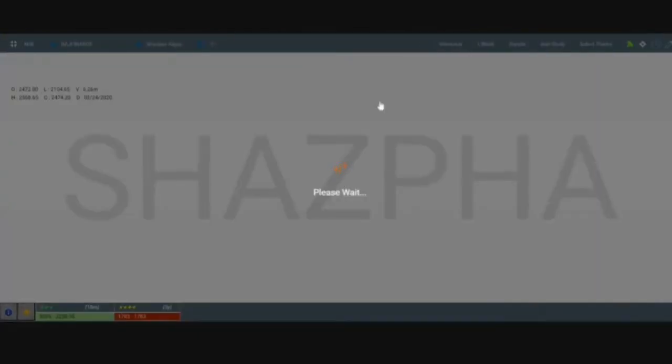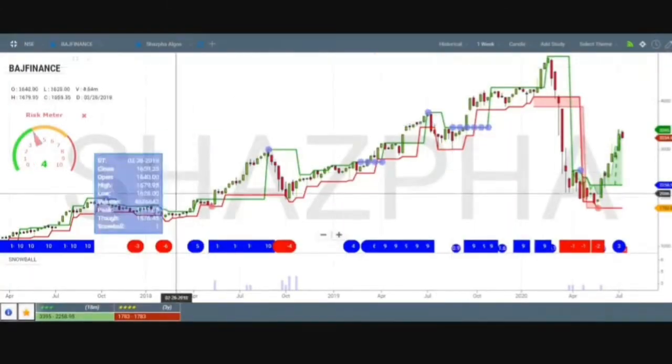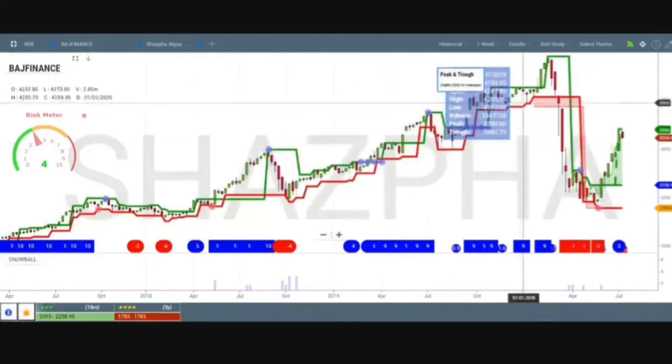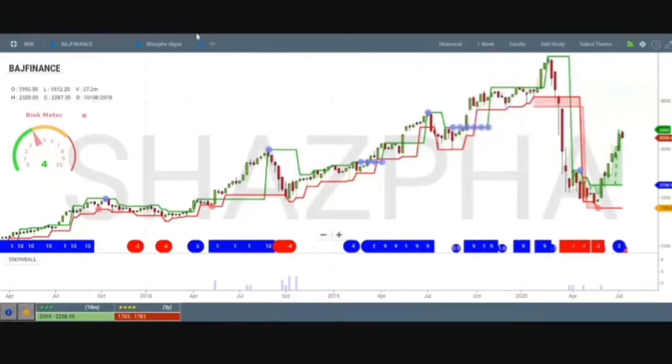So if you see, when we open for the short term, by default it opened the chart in a 1-day time frame, and when we open for the long term, by default it opened a 1-week chart. Now if you look at the chart, it looks a very good chart, right? Because it is a long term chart. If you see from the left bottom end of your screen, there is a correction here, but still the chart looks very promising and it looks a good chart. So for a long-term investor, Bajaj Finance is a good option, but for a short-term trader, maybe not.